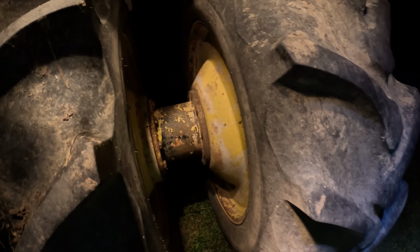Better shut my flashlight off too for you. That's how bright it was before. Like, it does good, but that does a lot better, right? Then you can come back here, you can see we still got the auger light that we got to figure out, and the grain tank light, which we're not done wiring yet, but that's the grain tank light